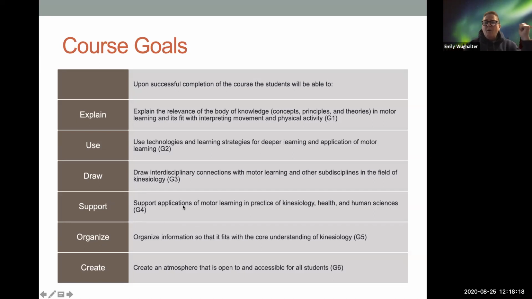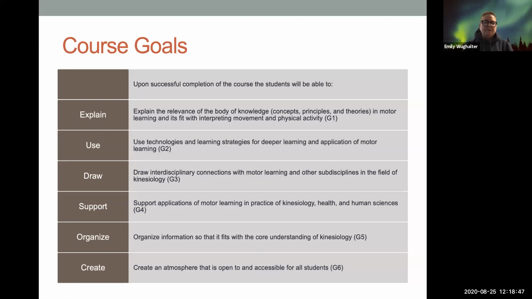I want to also support any application. Oftentimes students take a motor learning class and they find at the end of the class, none of it really makes sense. They don't even know what they learned over the 14 weeks. One of the things that I try to do, and I think I'm somewhat successful at, is making motor learning make sense in the real world.